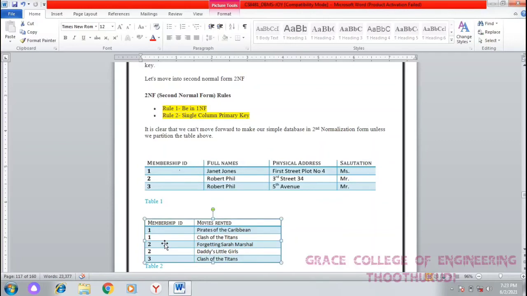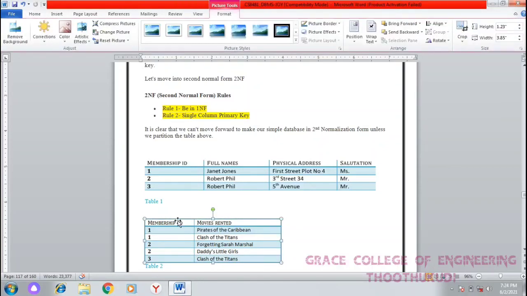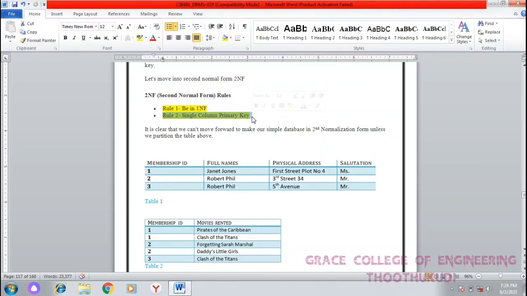In the same way membership ID is used in table 2 also, where it acts as a foreign key. So our second normal form rule is that it should be in first normal form and a single column primary key should be used. Here the membership ID is a single primary key, and this is used in the first table alone.